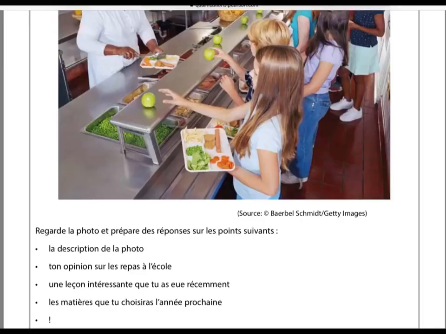The very first thing you'll be asked is to describe the photo. No matter what photo you are given, that will be the first bullet point, to describe the photo. To describe it is totally up to you. You can focus on any element of it. For this photo card, I could say something like, sur la photo, on peut voir des enfants à l'école, à la cantine. You could describe